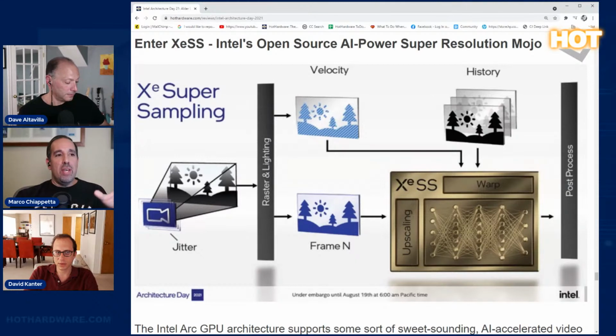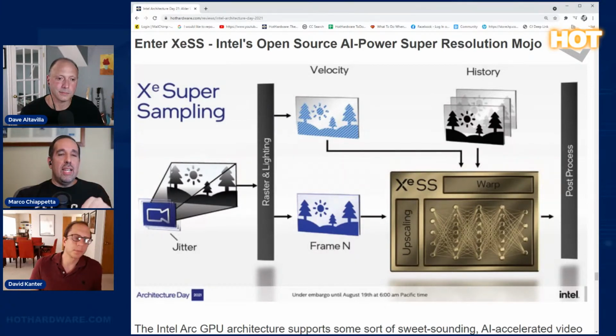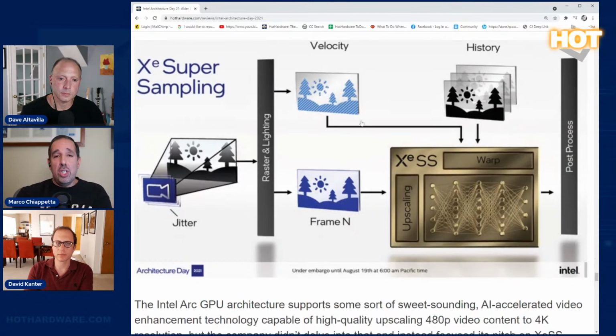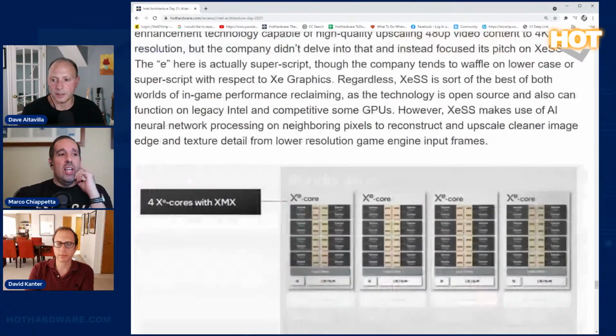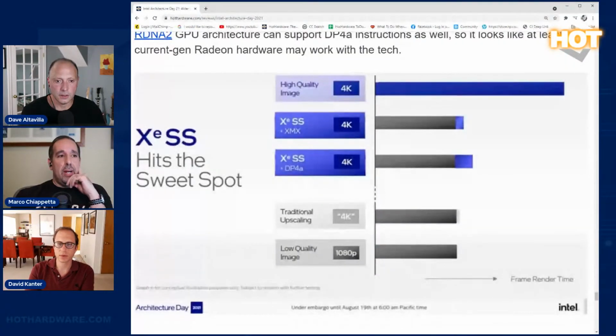It struck me as sort of landing in between DLSS and FSR, because Intel has hardware acceleration with their GPUs, but it will run on competitive GPUs as well, as long as it has... What's the name of the instruction? DP4A. Yep. That's an interesting take too, and the speed up, while not quite as good as Intel's own hardware, is still really good. This is going to be interesting to see if it gets adopted by game devs.